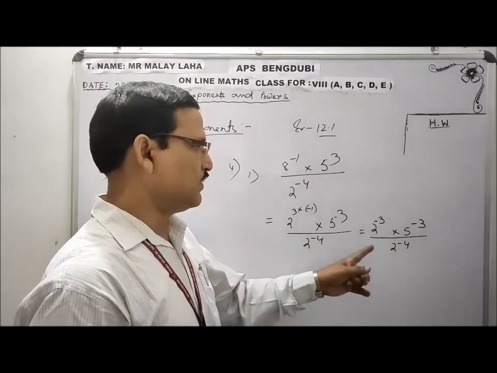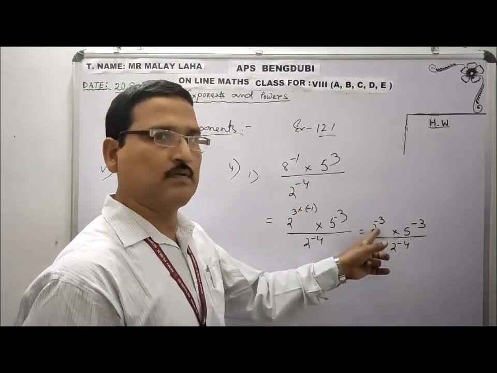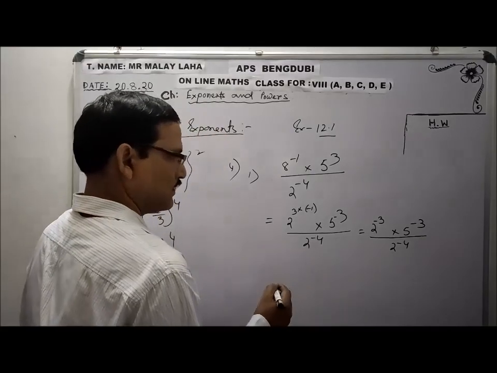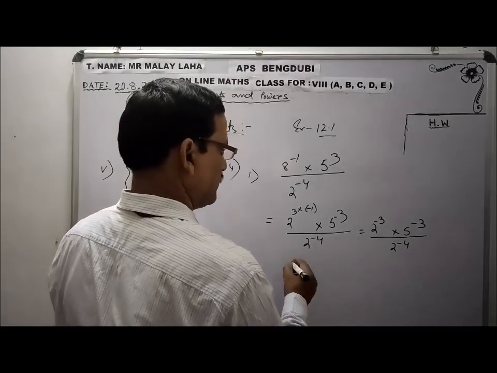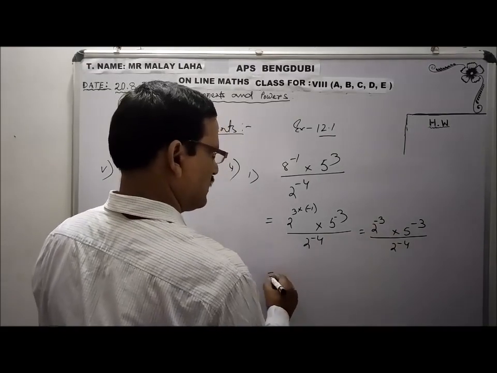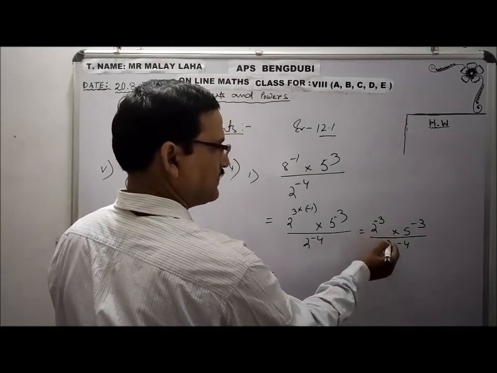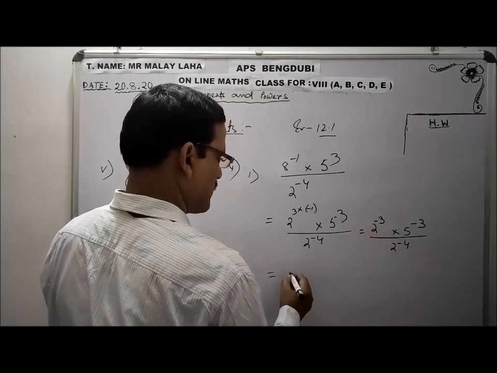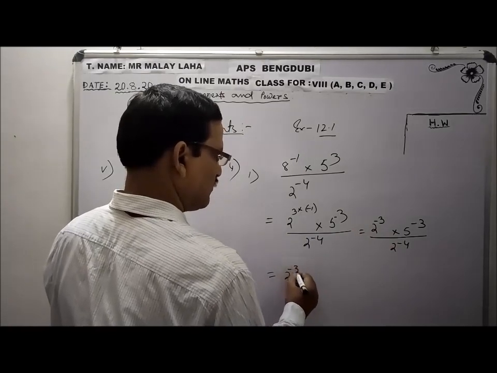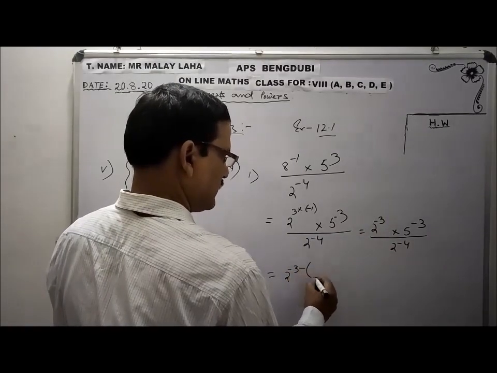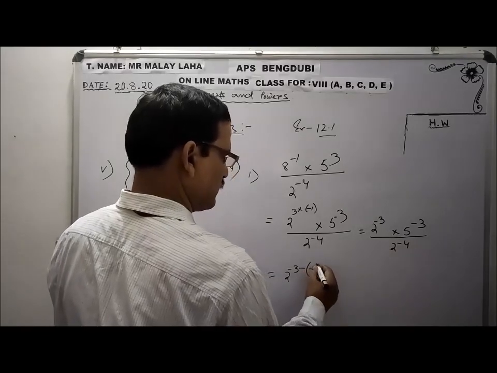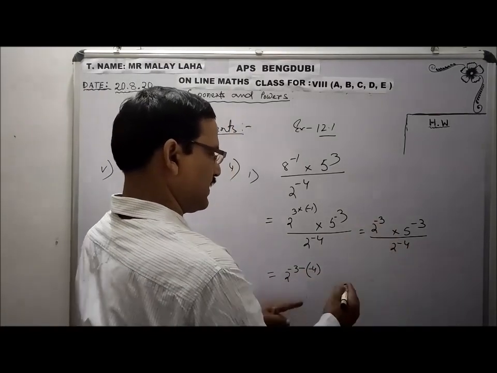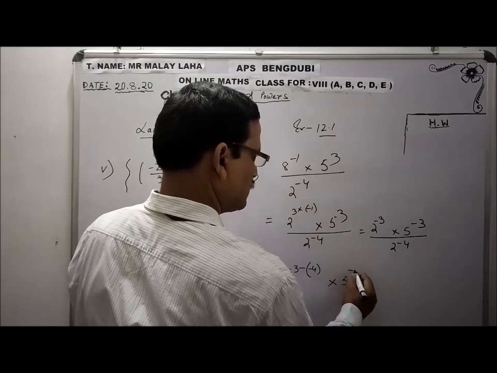You can apply both the laws. Here we have to divide, or you can multiply as usual under one power. Clear? So better is that you simplify these two first. These two numbers have the same base, and division means numerator and denominator form, so we have to subtract the power. 2 raised to minus 3 is there in the numerator, minus the minus 4 in the denominator. Multiplied by 5 raised to 3.